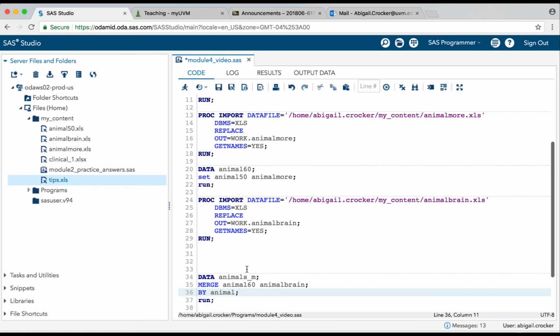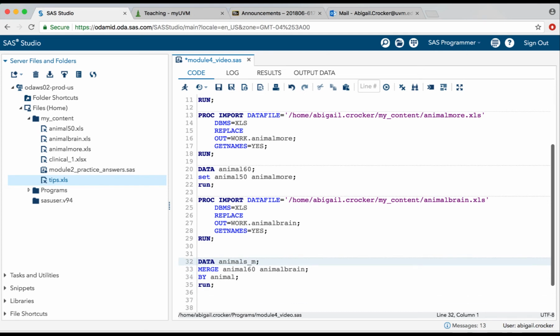And it's sort of unnecessary in a one-to-one merge, but it's essential in a one-to-many merge. So sometimes you have a data set with an ID, like if I had student names in one data set, and then in another data set I had everybody's test scores. One person would have like 5 different test scores, so they were represented 5 times in one data set and once in the other. That would be a one-to-many merge. You can do that, just make sure you use this by statement so that we know how we are going to actually merge those data. So there we go with merging.